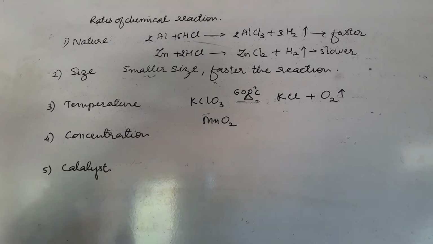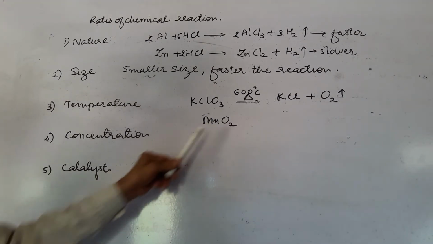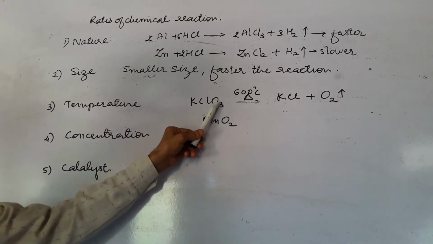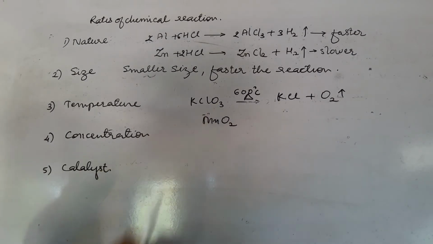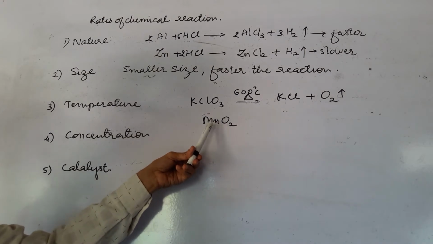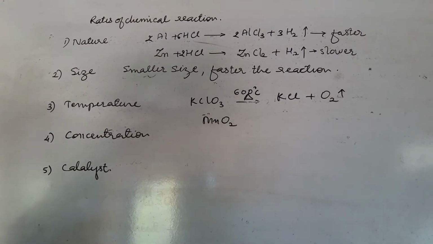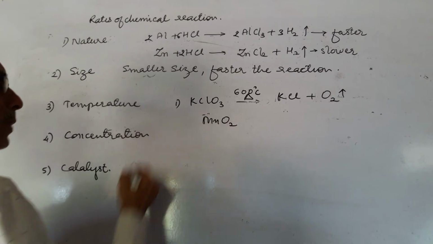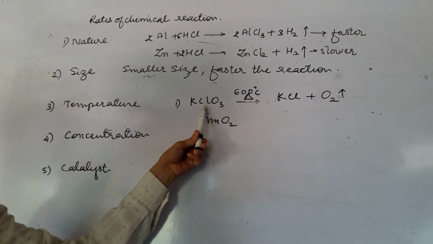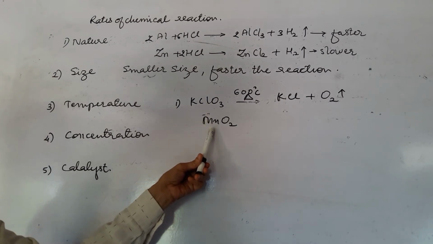So a catalyst is a substance that doesn't take part in the chemical reaction. Take note that it doesn't take part in the chemical reaction, but by its mere presence the reaction is accelerated, speeded up. The reaction becomes faster by just the presence of manganese dioxide. And in this way, you find there are different types of catalysts used in the laboratory to speed up the rate of reaction. So the first example, we know that in the preparation of oxygen in the laboratory from potassium chloride, manganese dioxide is used.